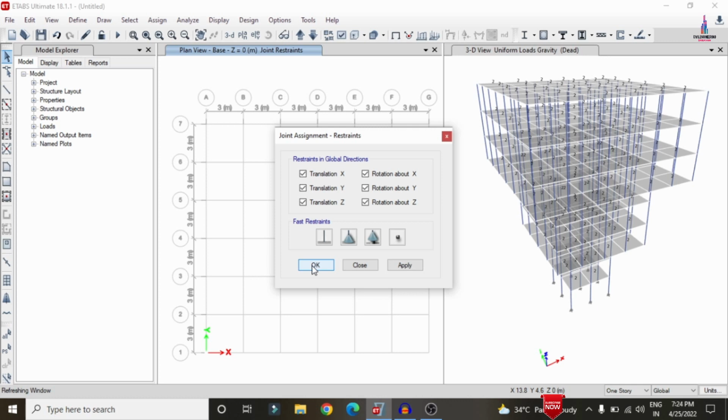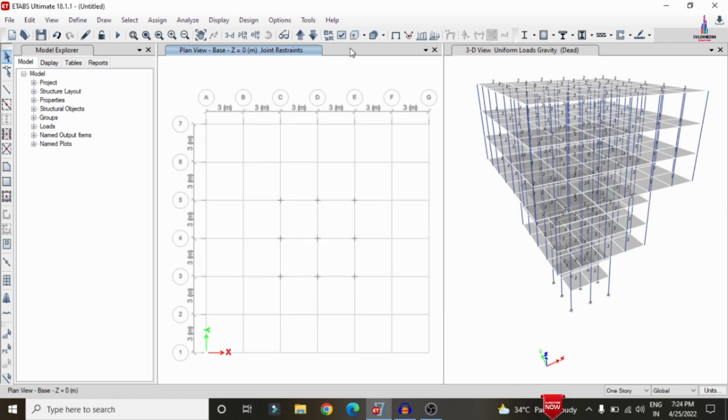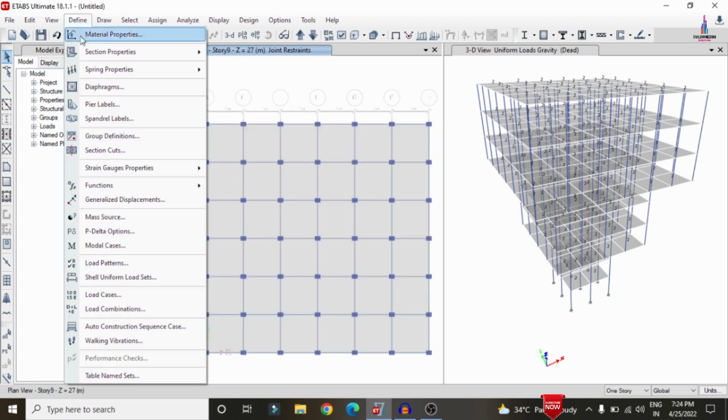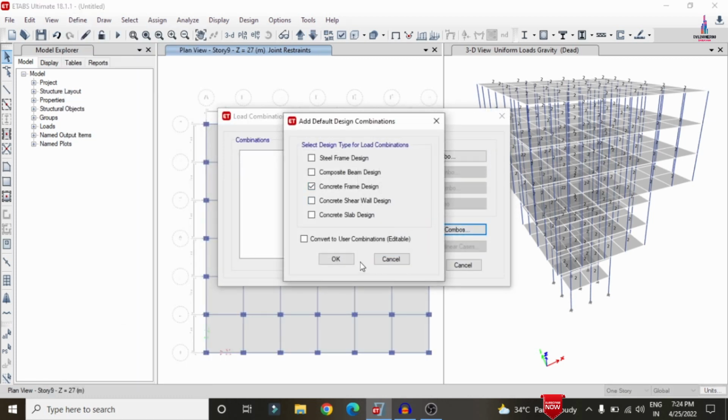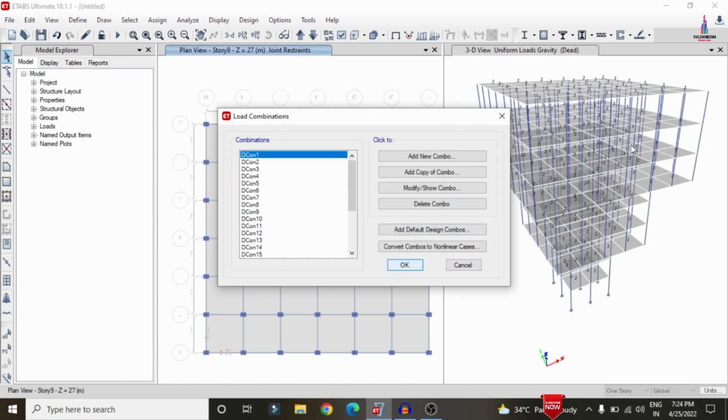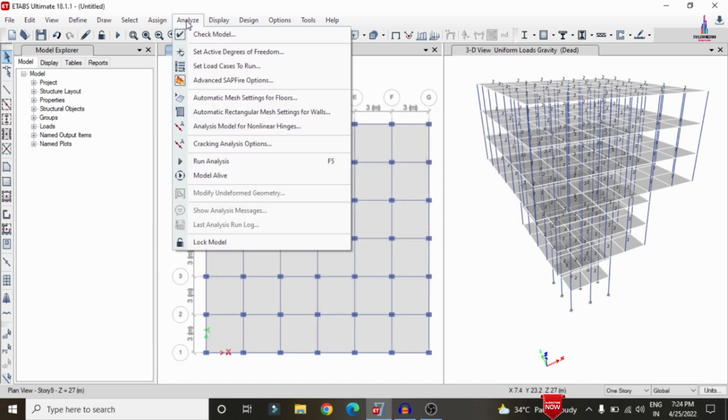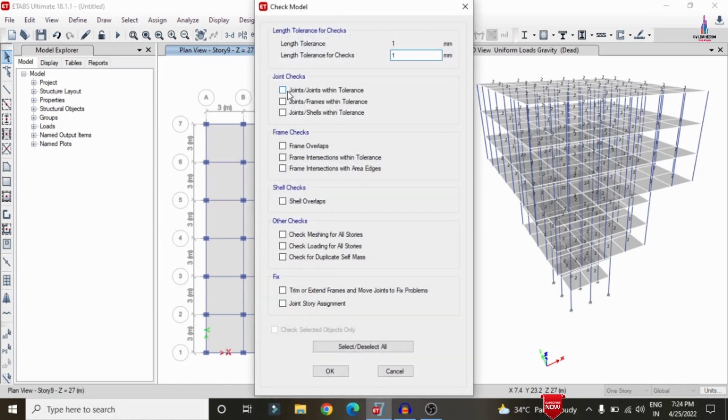So now we have to do the analysis process for the building structure. Before that we need to proceed with the load combination options. Okay, so go to Define, select Load Combinations, select default combination as per concrete frame design, click on OK. Now we have to analyze the structure, go to Analyze option, Check Model option,